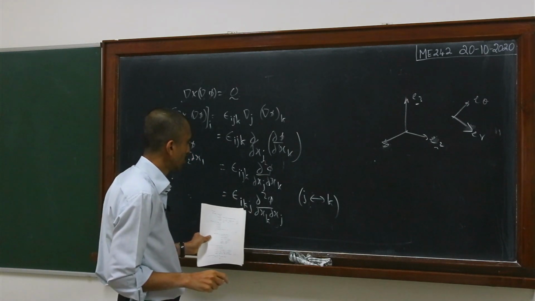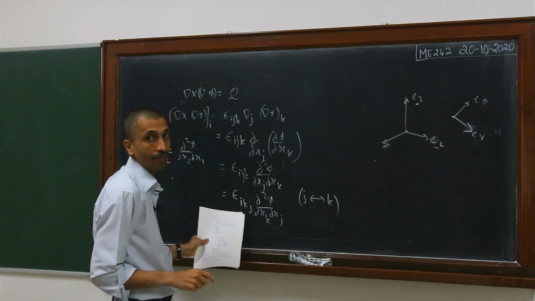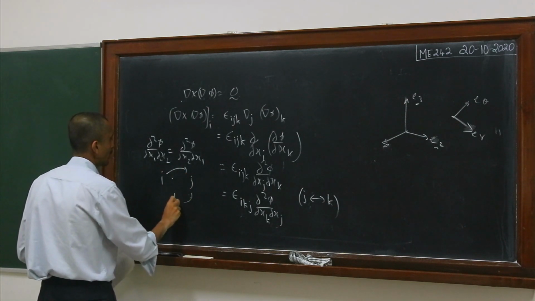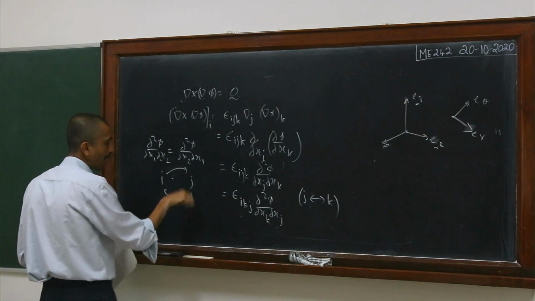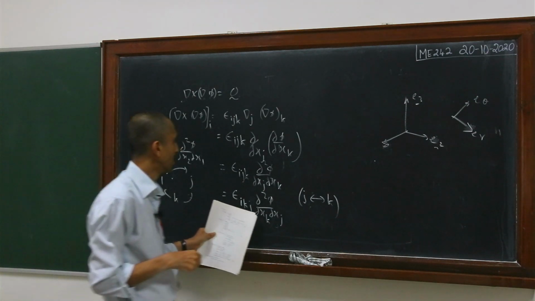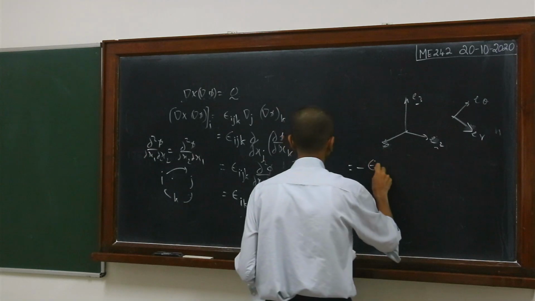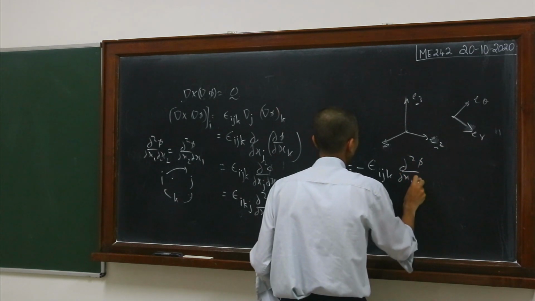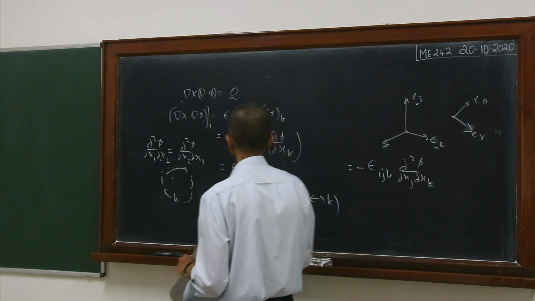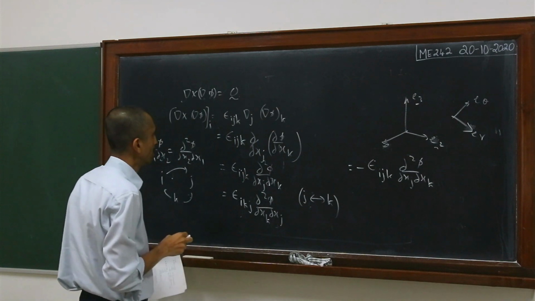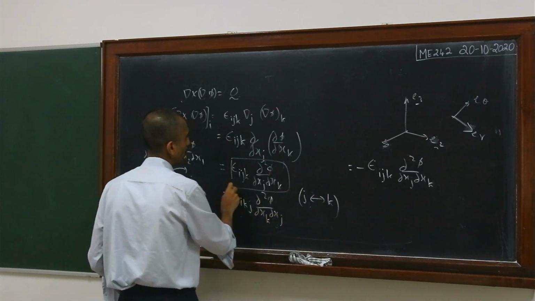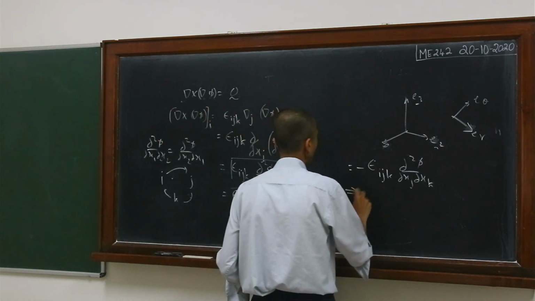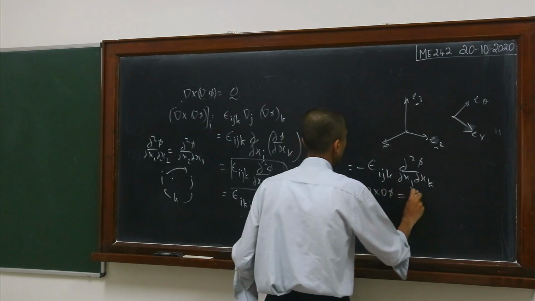And here also, if I write ijk, then I will get a minus sign, because if you recall our rule, any clockwise permutation will lead to +1 and an anti-clockwise one will lead to a -1. So from here what we get is minus epsilon ijk del square phi by del xj del xk. Correct? And so this particular object that we started out with is equal to minus of the same object, hence it is equal to 0. So this implies that del cross del phi is equal to the 0 vector.